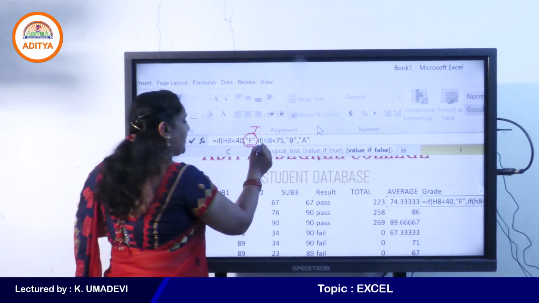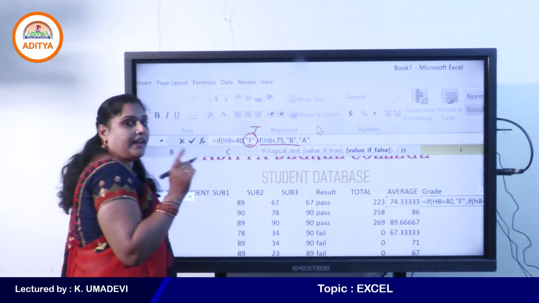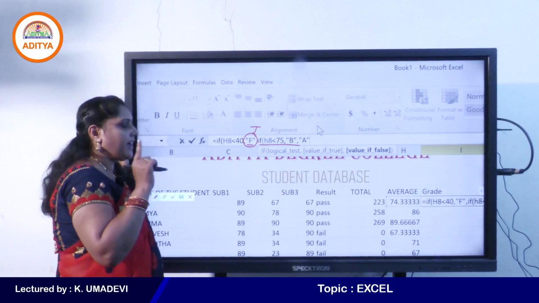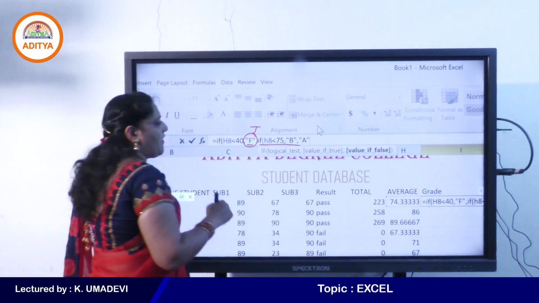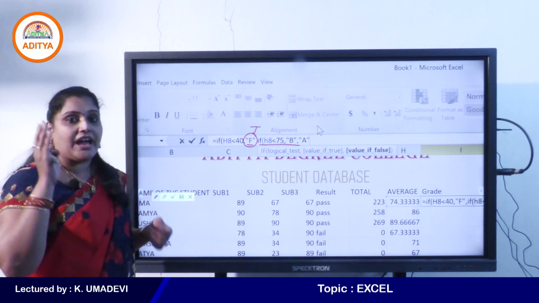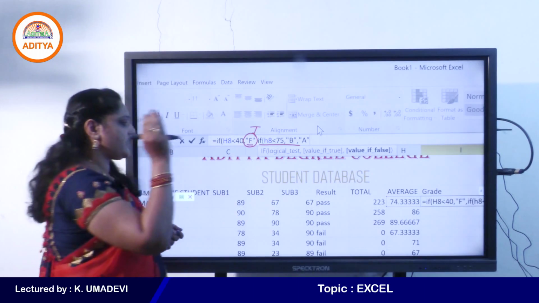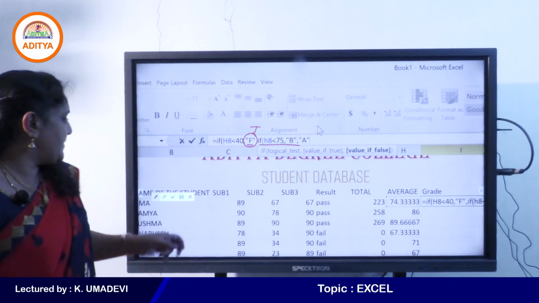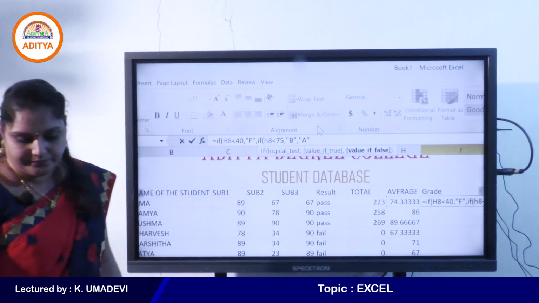So instead of F, again we use if function. Again it checks that if H8 value is less than 75, then the result would be B, or else the result would be A. That means if H8 contains greater than 75, then the result would be A. Right, students? Now just press enter key.